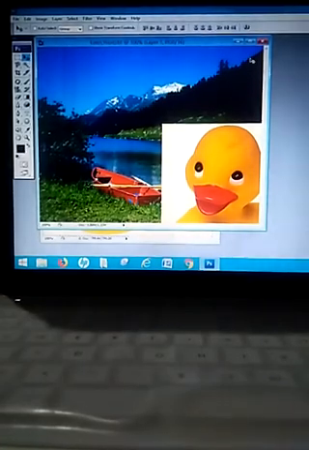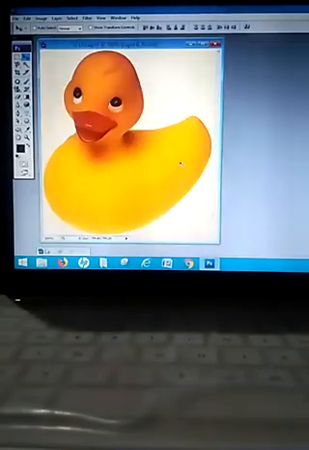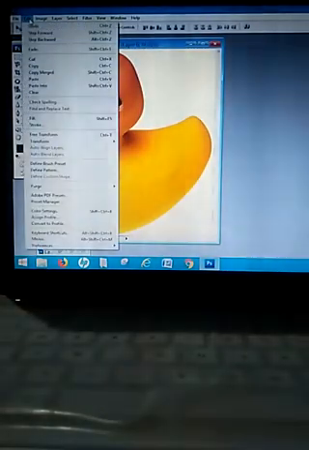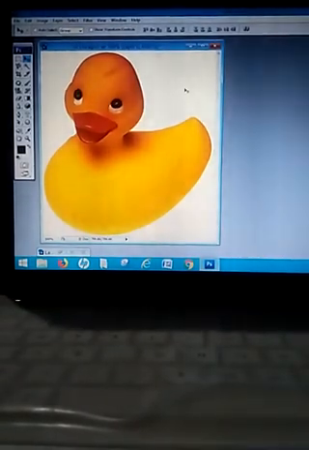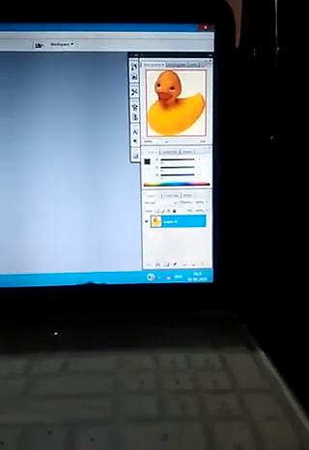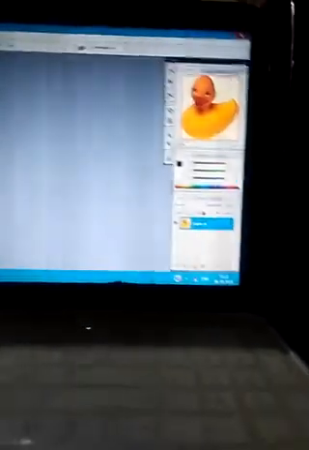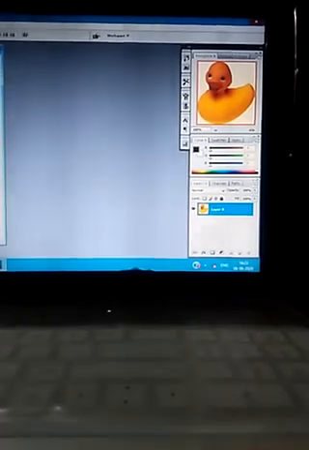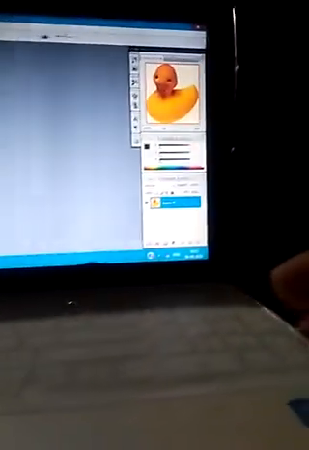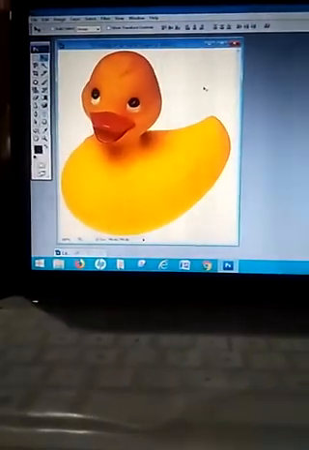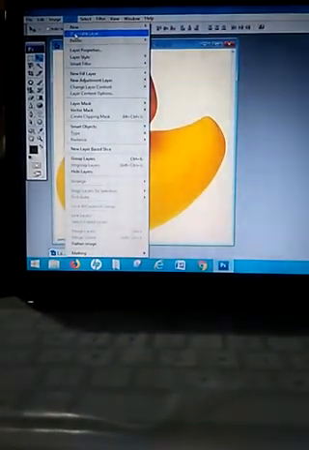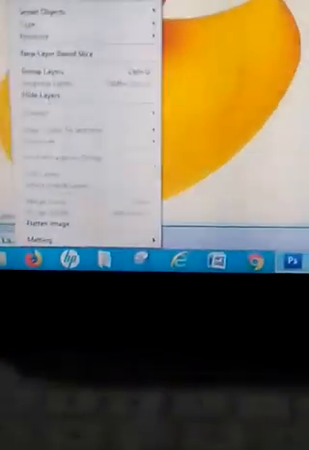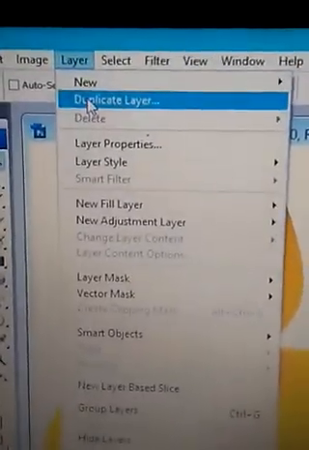The next topic, students, is if I want to create a duplicate layer, how can we create it? Here I will deselect it. First of all, suppose you have to create a duplicate layer for layer 0. For creating a duplicate layer we can go directly into the Layer menu, and here we have an option known as Duplicate Layer. I will enlarge the options, and this is the option.